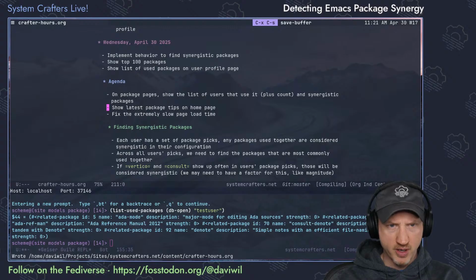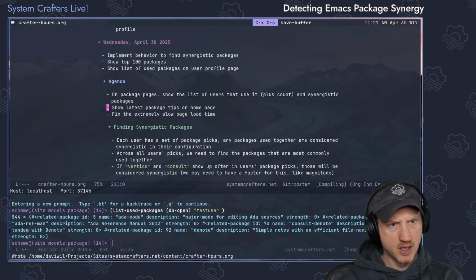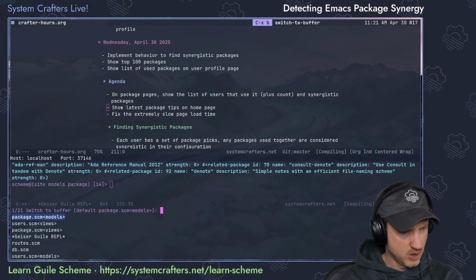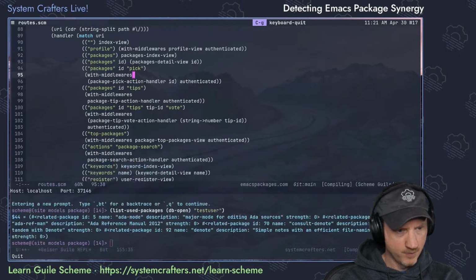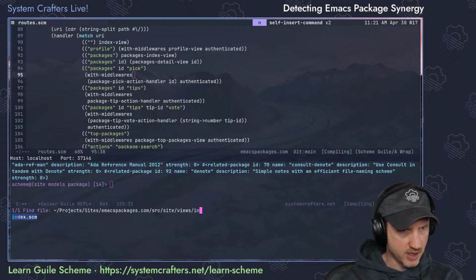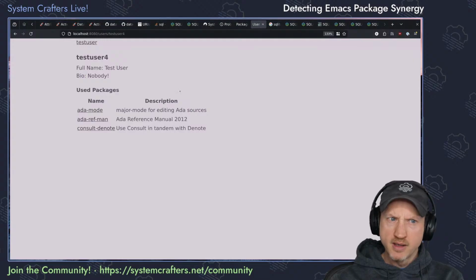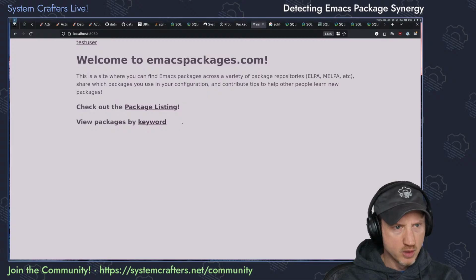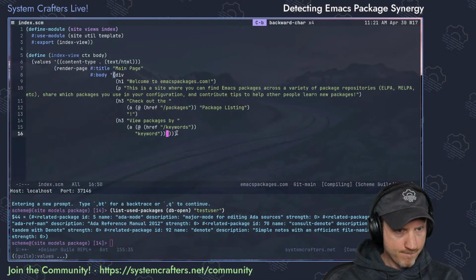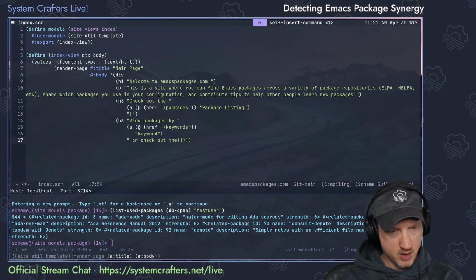Show latest package tips on home page. That's not very hard to do. Let's see. Go back to routes. What is the home page? Index view. Where's index view coming from? Probably views index. And let me go look at the home page again because I want to link to that top packages. View packages by keyword. Or check out the